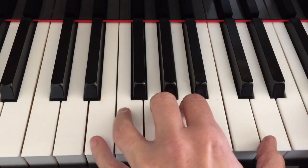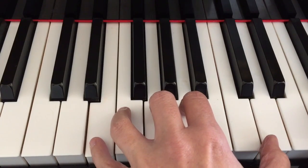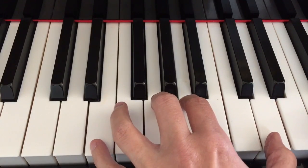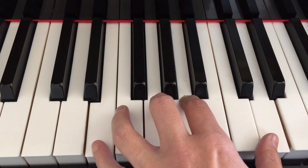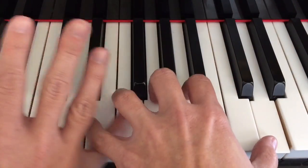Now that won't sound very good to you because you don't have a bass player. So one option is for you to play the melody up here and just trust me that these chords are going to sound good once a bass player joins you. The other option is, if you don't trust me, you take your right hand and just reach over and play